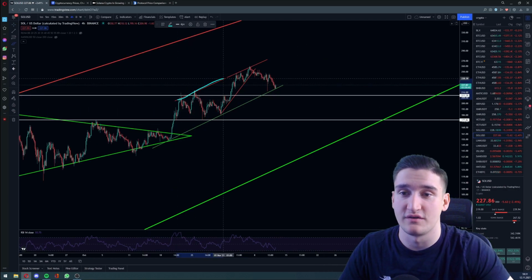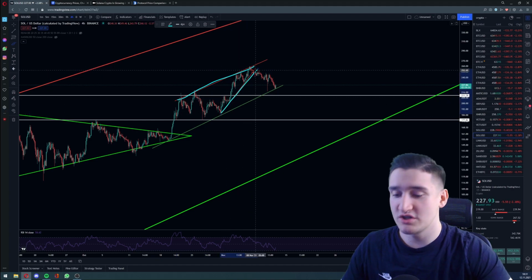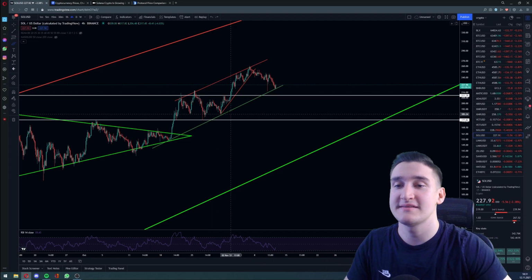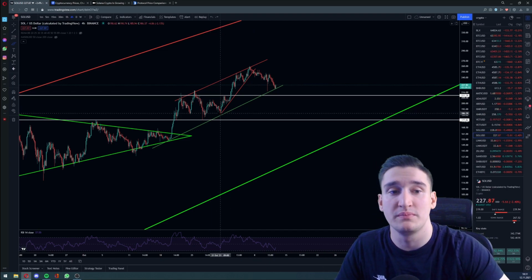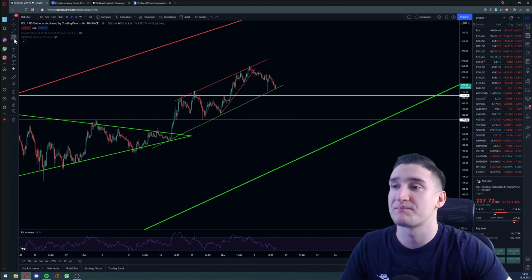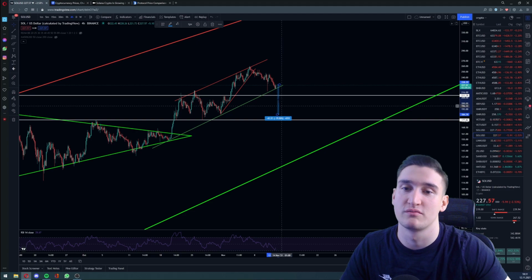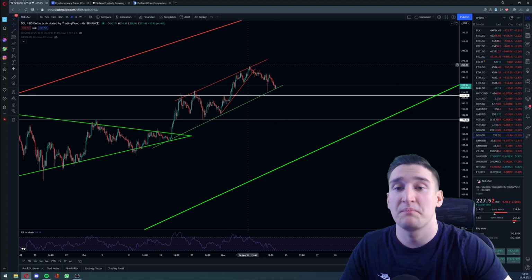We can see on the 4-hourly time frame and also on the 1-hourly time frame for sure. We just broke to the downside, and the price target for that falling wedge would be $185. So there would be a pretty massive price dump for Solana if we hit that target of nearly 20%